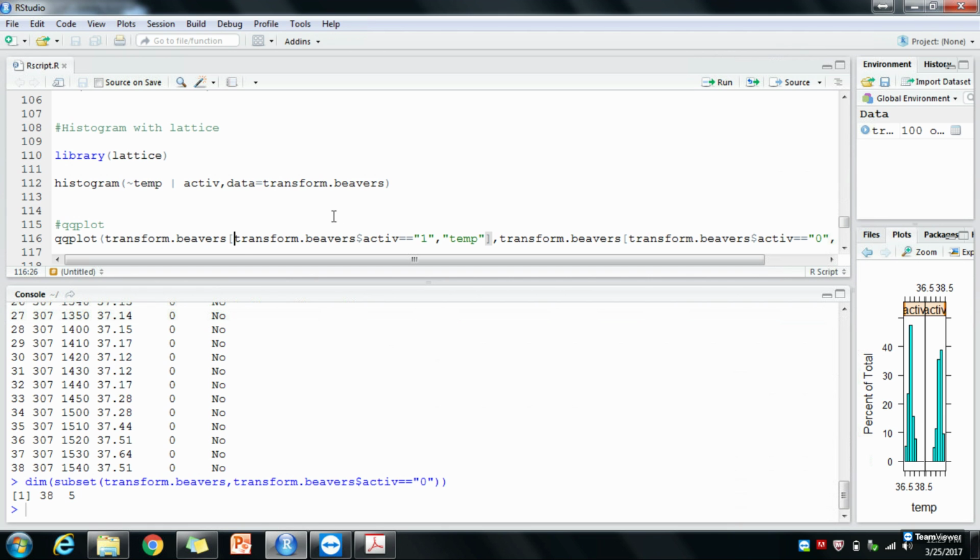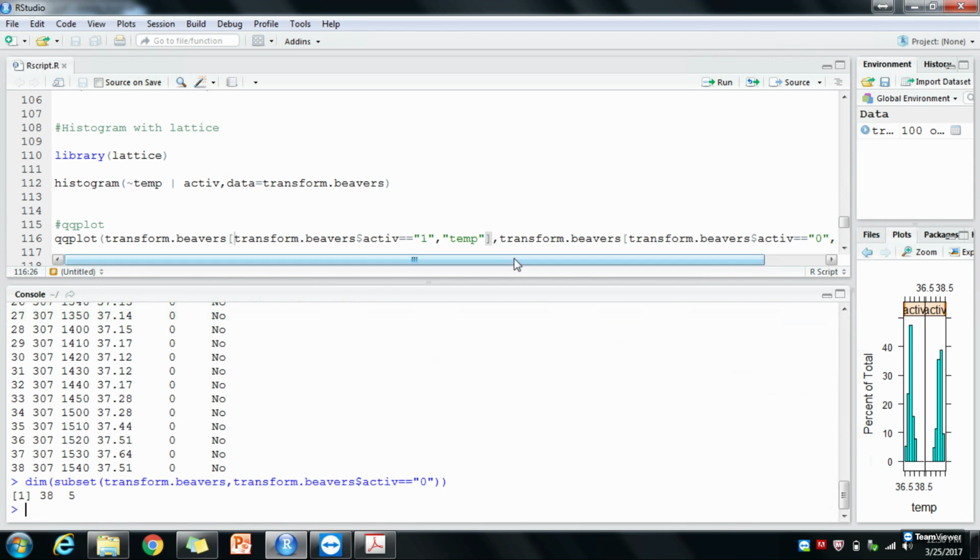So you could do this subset as a participant suggested and you will get those rows, or if I just want to extract not all the rows, but the temperature column of this,